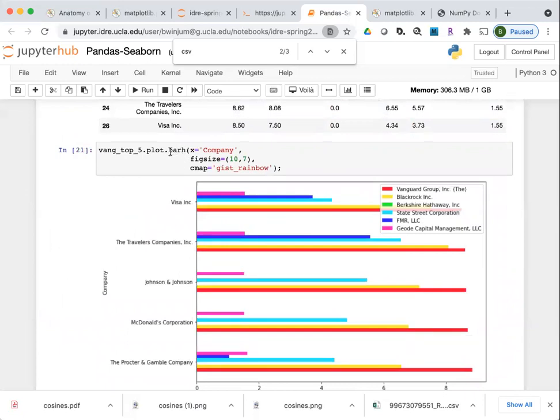Just like plot and the axes objects had a variety of different data plotting types that you could specify, plot with the data frames has a variety of different methods that you can specify here as well.